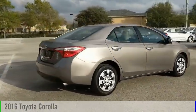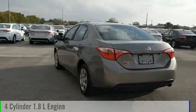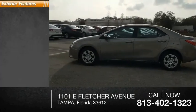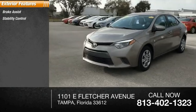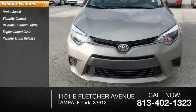This vehicle is powered by a front-wheel drive, 4-cylinder, 1.8-liter engine. This vehicle has less than 15,000 miles. Here are some of this vehicle's great options: brake assist, stability control, daytime running lights, engine immobilizer, remote trunk release,